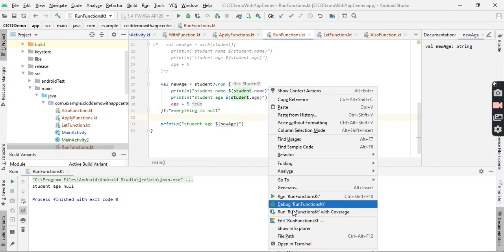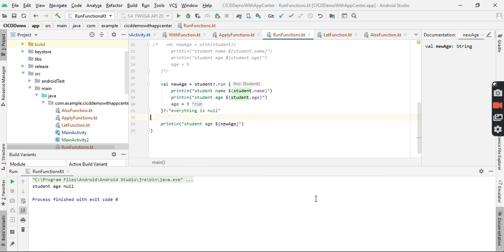I will run this program again, and you can see that it prints "everything is null".